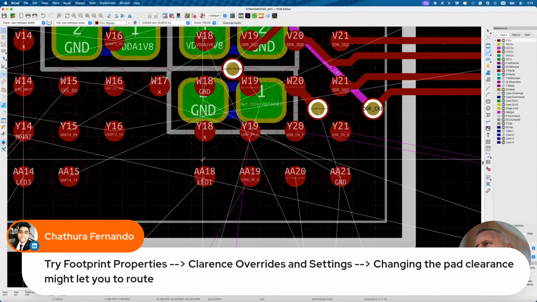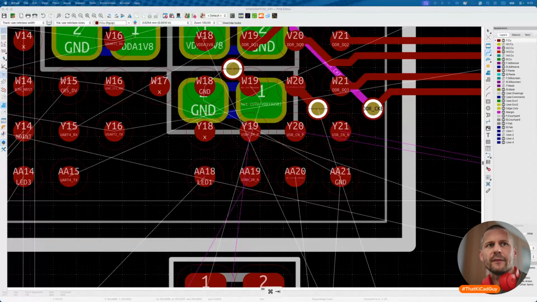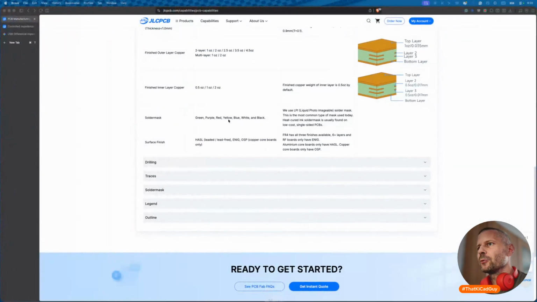But yeah, it's not the point. The point is that I want the PCB to be manufacturable. And this is what I need to verify now, because maybe